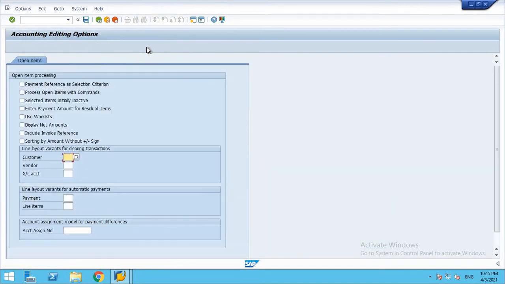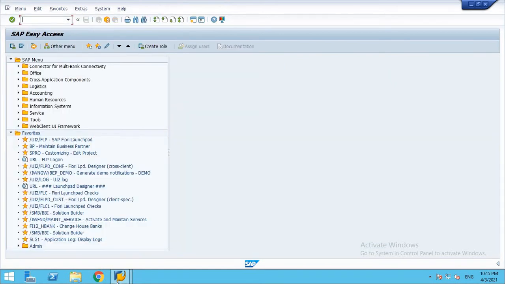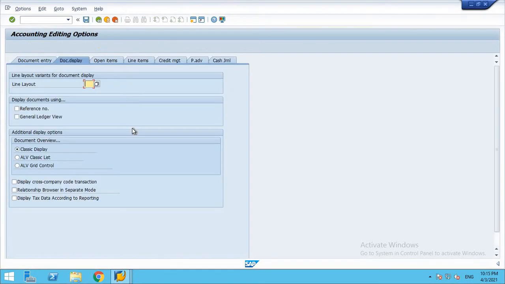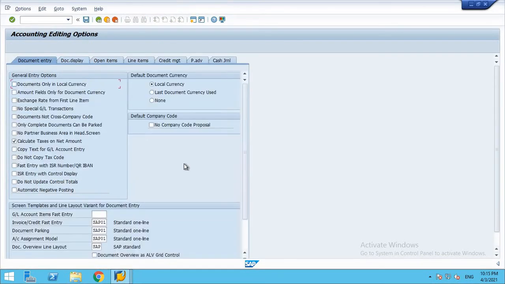You can see editing options. Like that, each tab has different editing options. So in this session, I am going to explain a few of the accounting editing options.